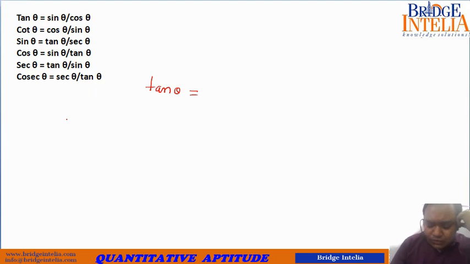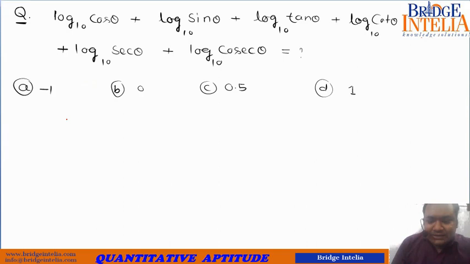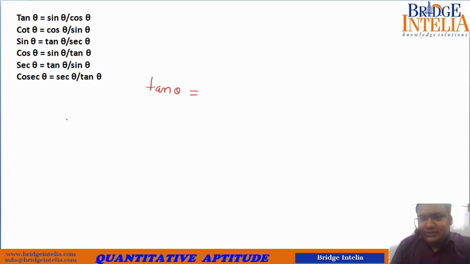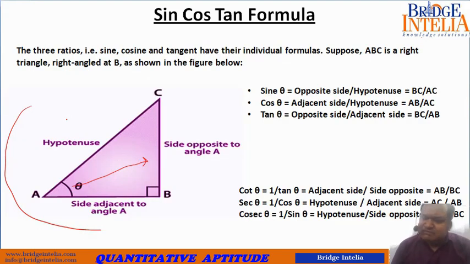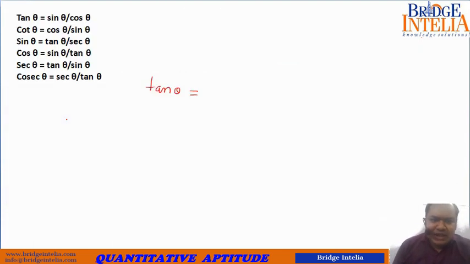Now we are going to understand the patterns of questions, what different questions can be asked from what we have just learned. We have just learned some basic formulas. We have some basic understanding of what is sine, what is cos, what is tan, and how these terms interrelate to each other, which is exhibited in these formulas: tan theta is equal to sine theta by cos theta, cot theta is equal to cos theta upon sine theta, and so on.